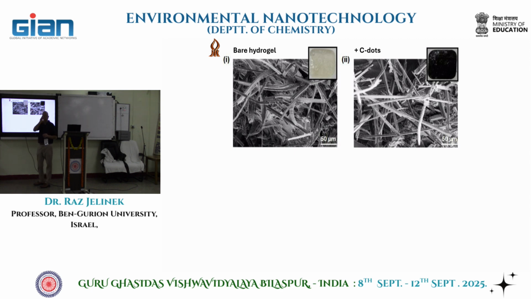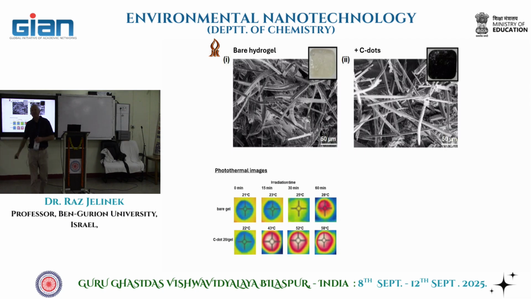This sponge without carbon dots, and this is with carbon dots. And the black color, the brown actually color, tells us that there are carbon dots there. We cannot see them in this picture because they're very, very, very small. The scale here is 50 micron, so they're sitting all over the place and they make the sponge black. Now look at this